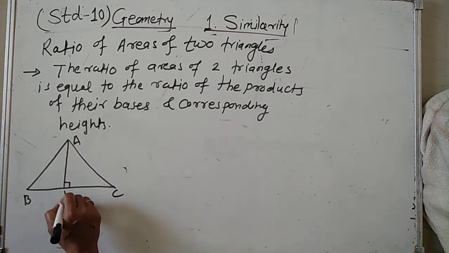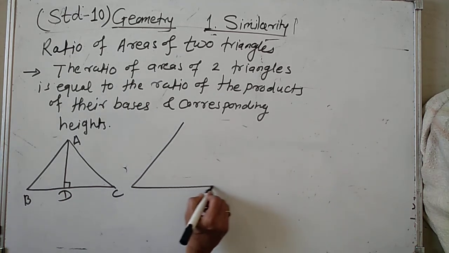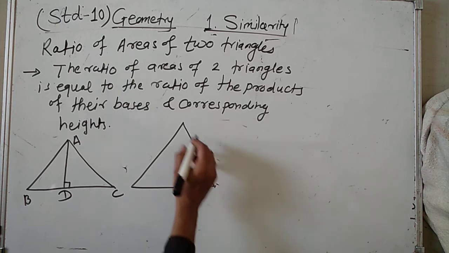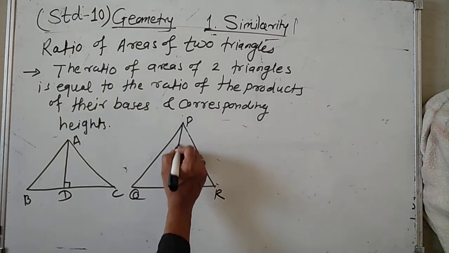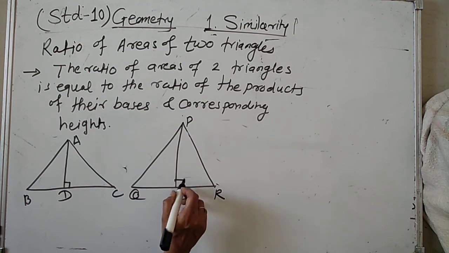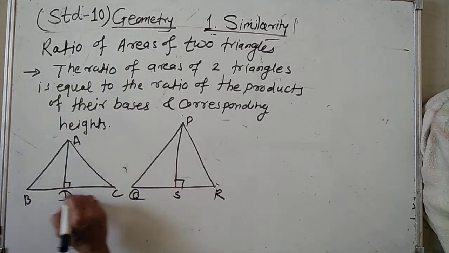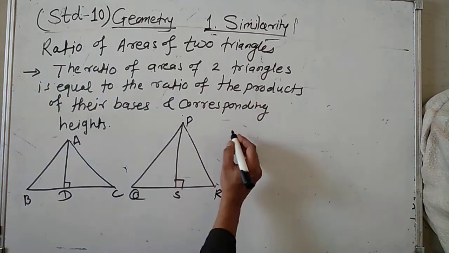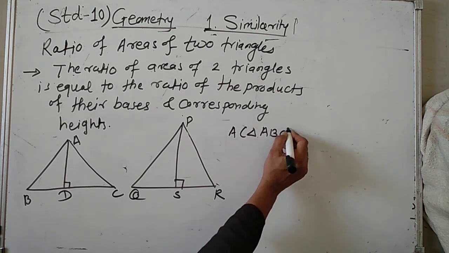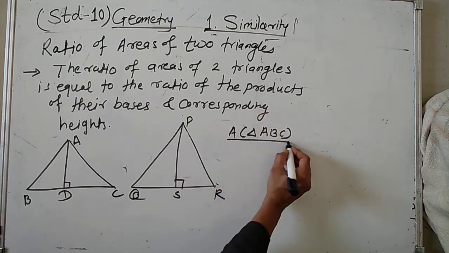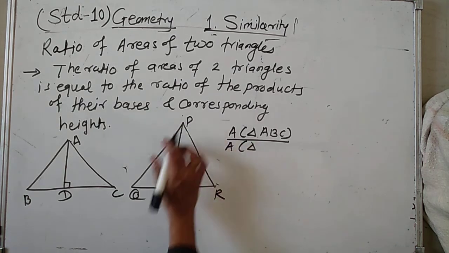The height is AD, and the second triangle is PQR, and the height is PS. So the statement: the ratio of areas. The area of triangle ABC, according to the statement, take the ratio with the second triangle,